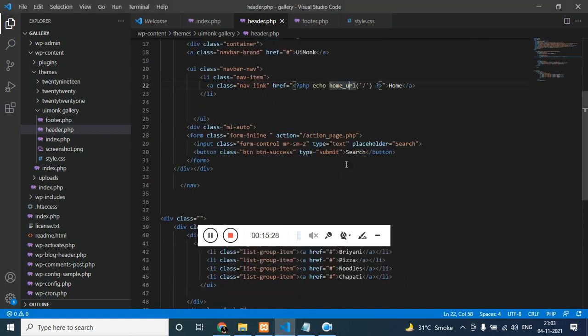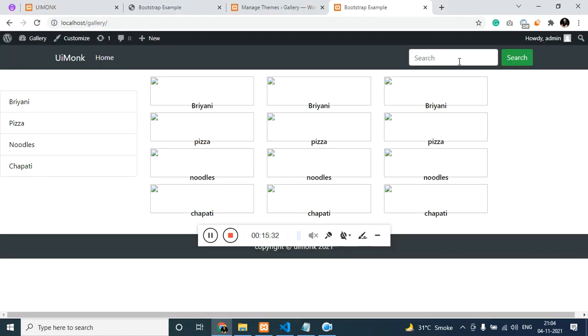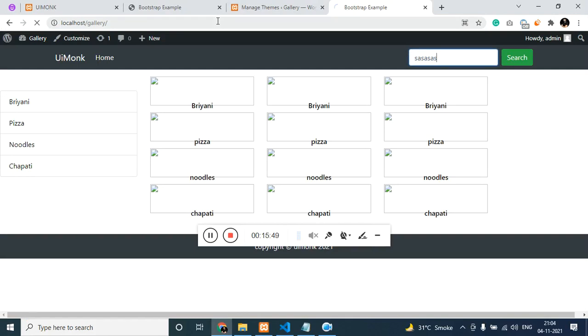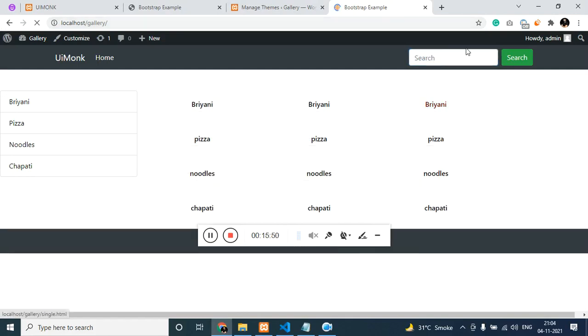The same way, let's make this form also dynamic. So if I click on search, it will search for the real. So over there we have to give action as the home URL, and then we need to give the name attribute as simply the alphabet s. Now this is not going to work because we don't have any post available.